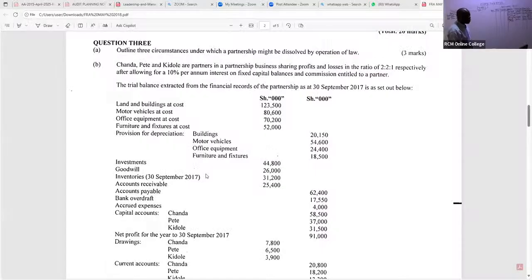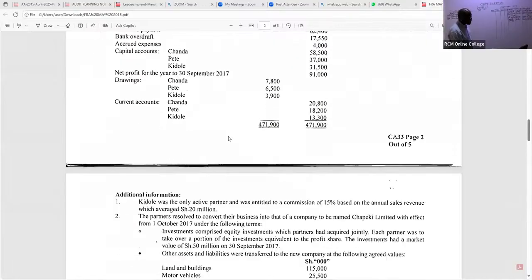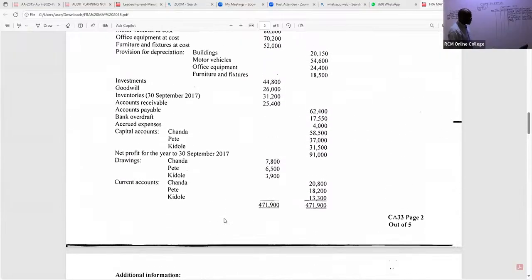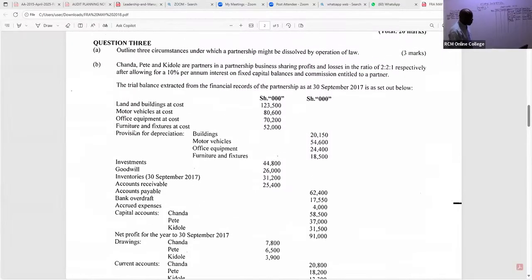So the next one is what we are calling furniture and fixtures. Yeah, and this furniture and fixtures was basically taken up by the new company. So furniture and the fixtures go back to the net book value. It is 52,000. So we have here furniture, 52,000 minus